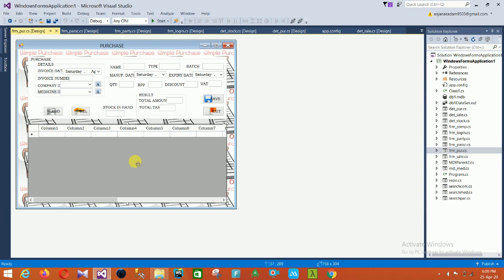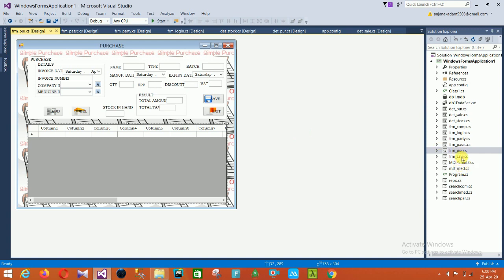All the fields are saved in the data grid. This is our main form of our purchase module.